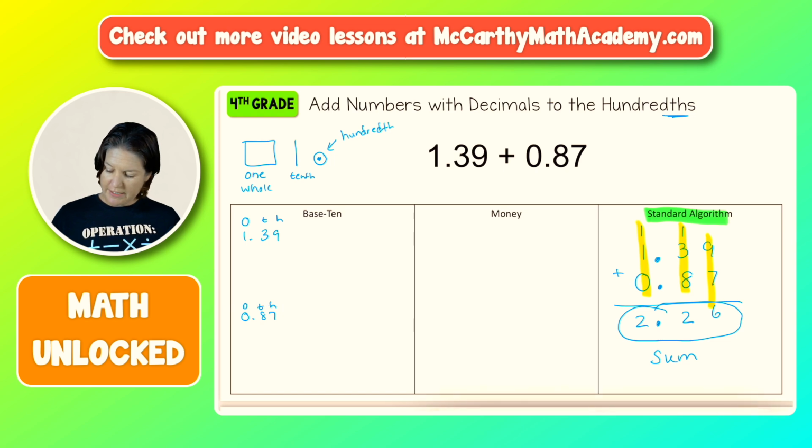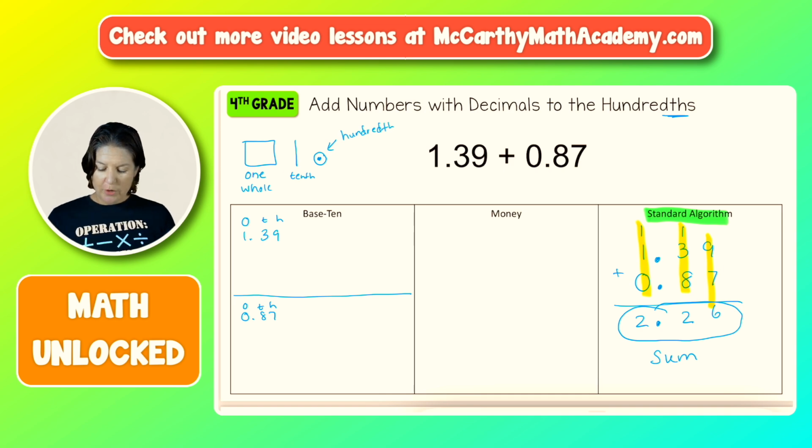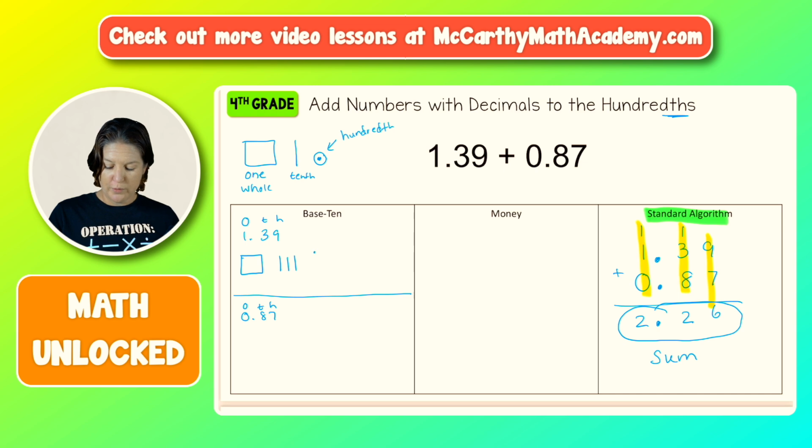Let me make my line go up just so we're separating it. Okay, so how am I representing this? Well, I need 1 of my ones, which I'm saying is a flat, so 1 flat. I have the digit 3 in the tenths place, so I'll model that using 3 of my sticks, my rods. And then I have 9 hundredths. So 1, 2, 3, 4, 5, 6, 7, 8, 9. I like to keep it nice and organized like that. So that represents to me